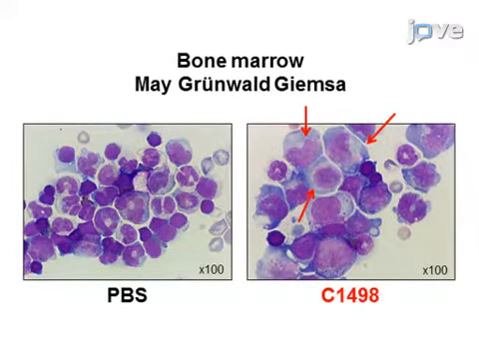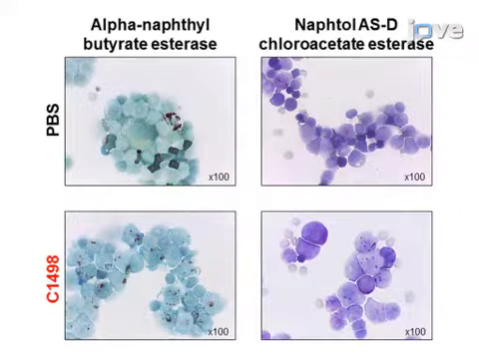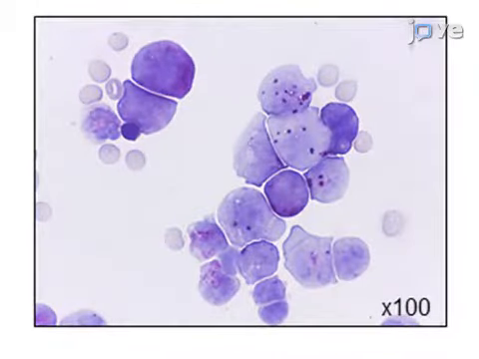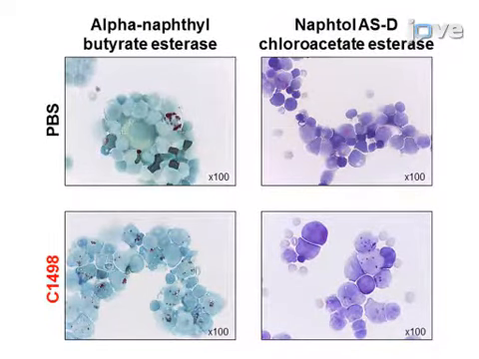Compared with control animals, the C1498 cell-injected animals display a massive infiltration of C1498 cells in their bone marrow, as observed by the blast-like appearance of the cells. The bone marrow infiltrating C1498 cells demonstrate monocytic and granulocytic phenotypes, indicative of monoblastic and myeloblastic cells, respectively, characteristic of